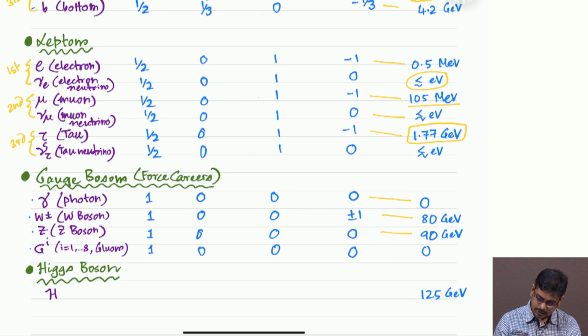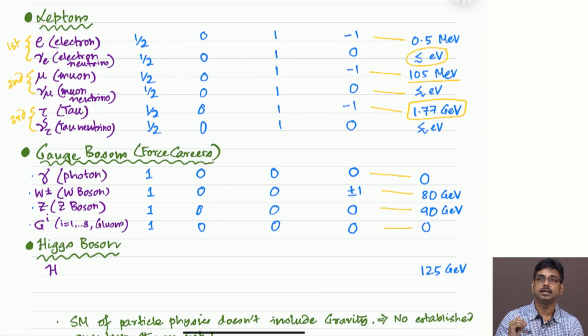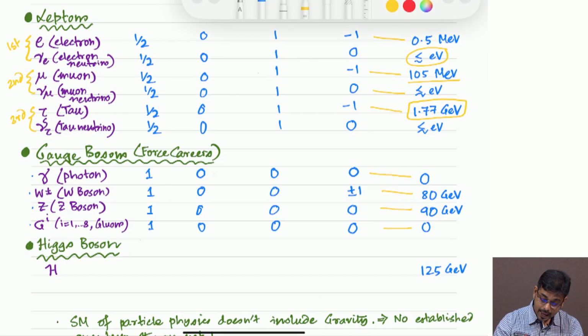W has mass of 80 GeV, Z has mass 90 GeV. Gluons are once again massless, they have 0 GeV mass. The last constituent of the standard model is what we call the Higgs boson. Now, the Higgs boson is a particle which was actually discovered very recently at the Large Hadron Collider in the year